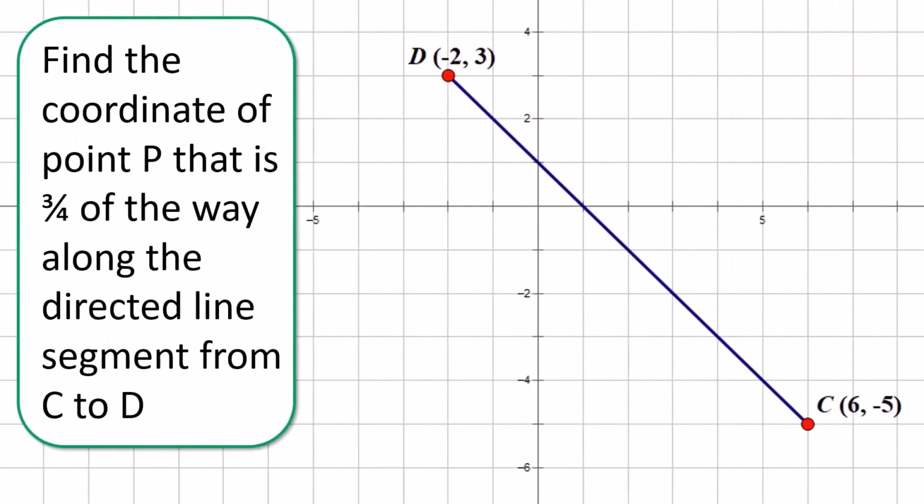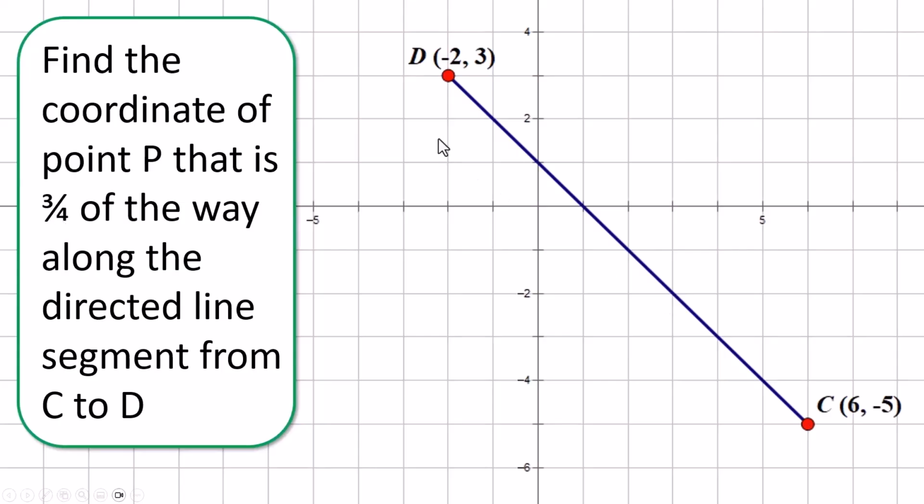Let's do another one. The process I'm going to follow is the same, but what's weird about this one is the language of the question. Find the coordinate of the point P that is 3/4 of the way along the directed line segment from C to D, 3/4. Fractions work a little bit differently. In this fraction, they're telling you that the total number of parts is 4, and you want 3 of them